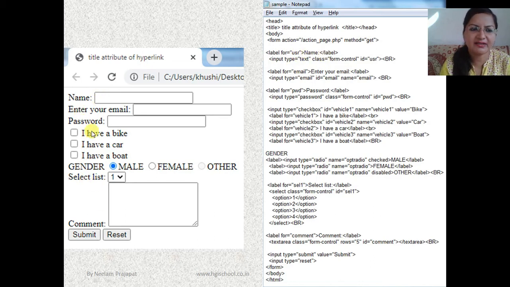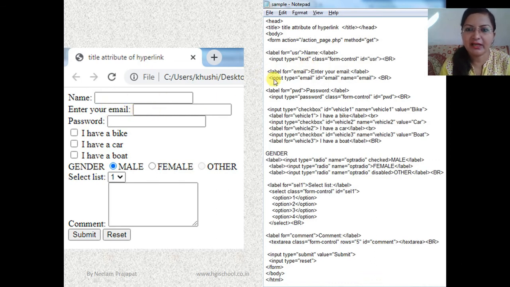You can see this is the content. Content can be displayed in label. Okay, and then input type text. For this text box we have to use input type text. Okay, that's it. Class and ID can be used for designing purpose. Okay, so it is not compulsory to write. You can simply write input type text. That's it. Now enter your email.